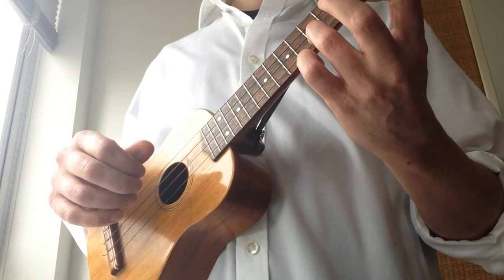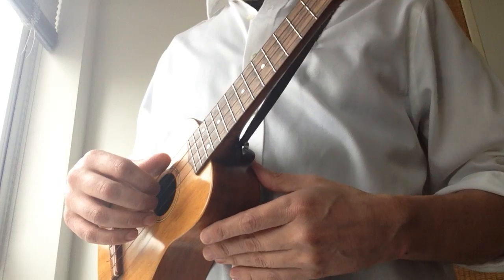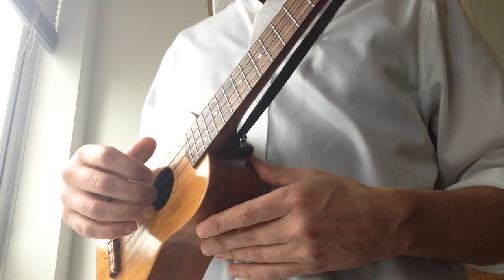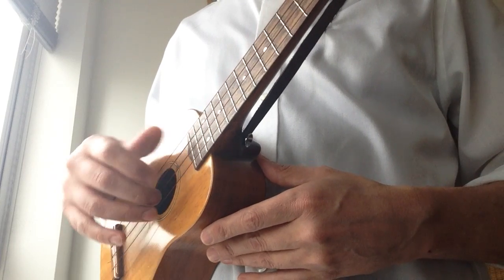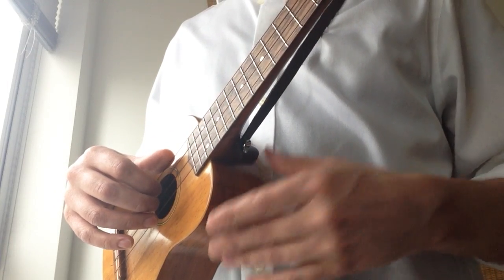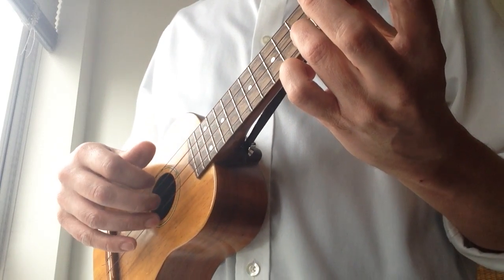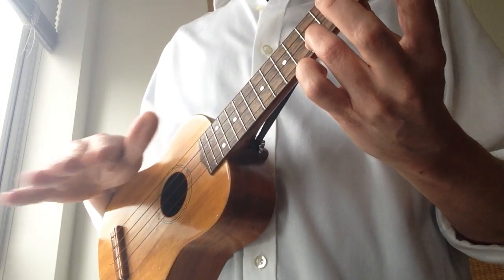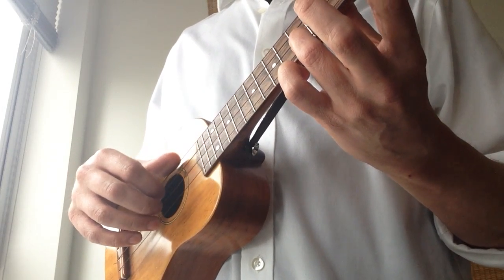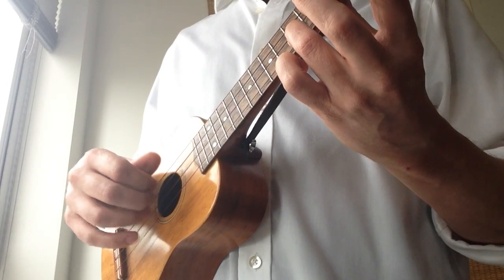I think that was actually in the article. And here's another one, which is kind of an interesting one. In this pattern, we do 2 fingers. These 2 fingers, the ring finger and the middle finger, work together. I'll show it to you. 1 and 2 and 3 and 4, and now that wasn't it. So ignore what I just did there. This is actually it. 1 and 2 and 3 and 4,